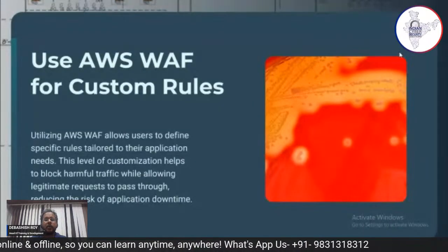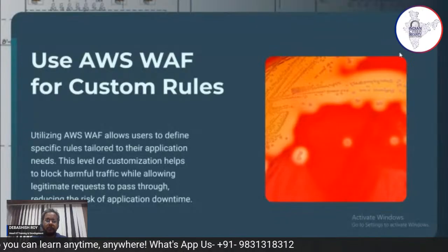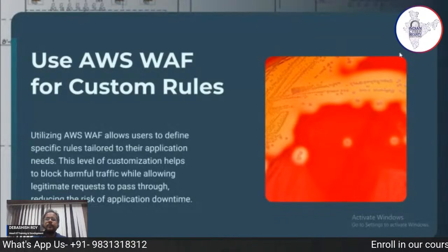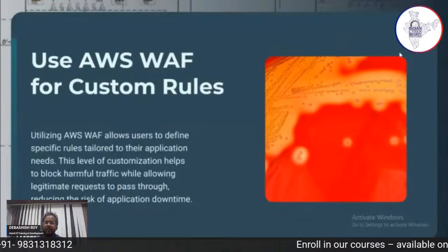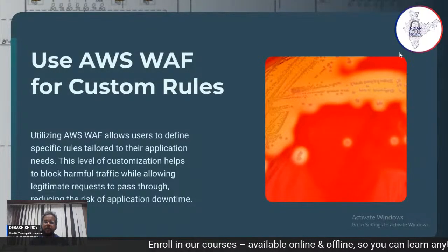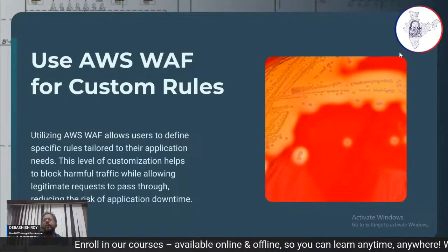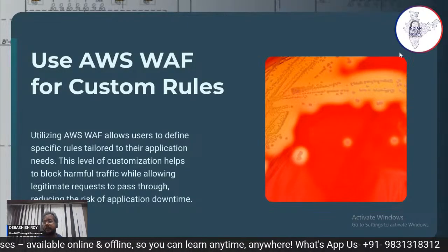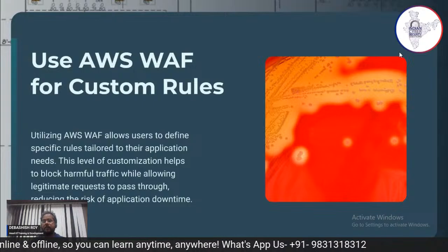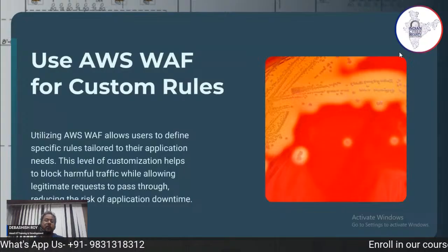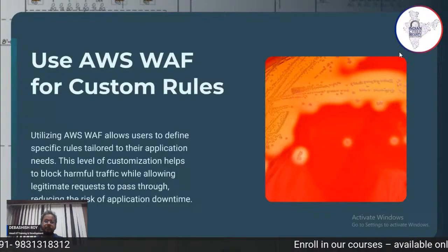Use AWS WAF for custom or customizable rules. Utilizing AWS Web Application Firewall allows users to define rules tailored to their specific application needs. Now, if you need to block a specific port, or if you have a specific target IP address or source IP set, as we say in AWS, you can do that. This level of customization helps to block harmful traffic while allowing legitimate requests to pass through and reducing the risk